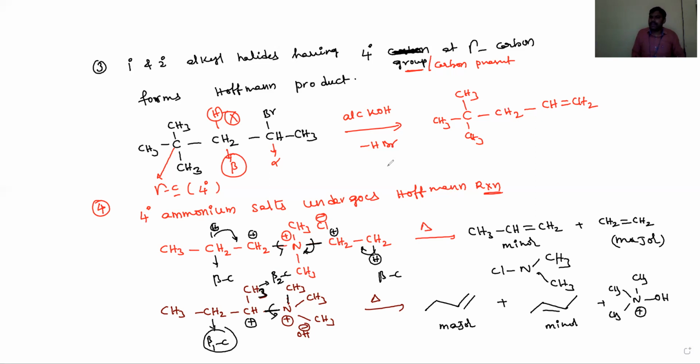In the same way, the pyrolysis of esters produces less substituted alkenes as the major products, and the pyrolysis of quaternary ammonium oxides also undergoes elimination to produce less substituted alkenes as the major products according to the Hoffman rule. Such a reaction is known as the Cope elimination reaction.